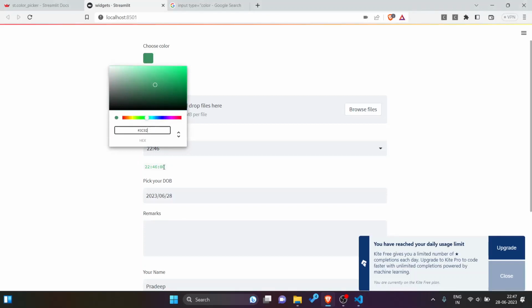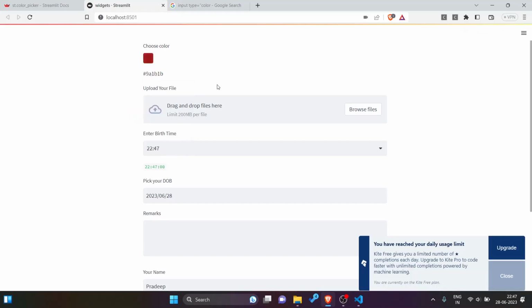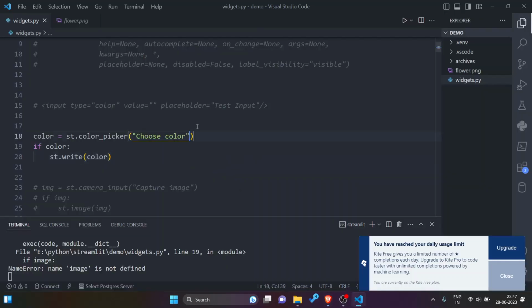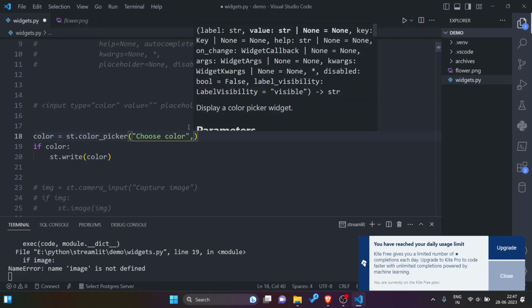Even we can type this hexa value and the color will move to a certain place. We can select RGB values also by this selector. So let me select some red. You can play around with it. Nothing fancy but important.